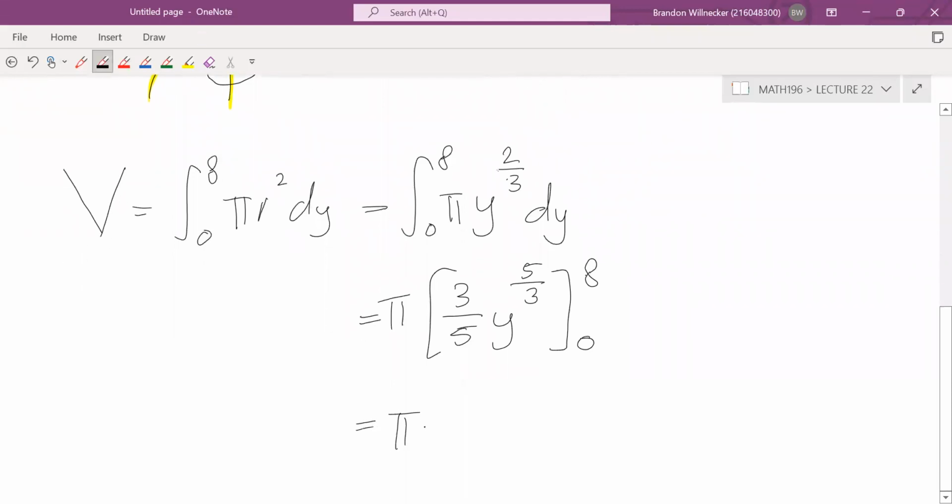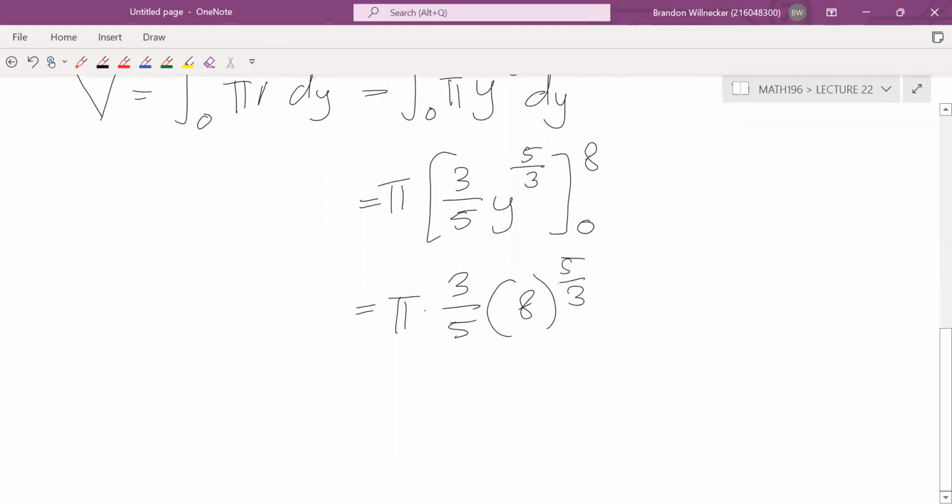So this is going to be pi times 3/5 times 8 to the 5/3. Okay, so 8 to the 1/3 gives us 2. So then we have 2 to the power 5 times 3 and then divide by 5. So that's going to give us pi times, and then the top is going to give us 96/5